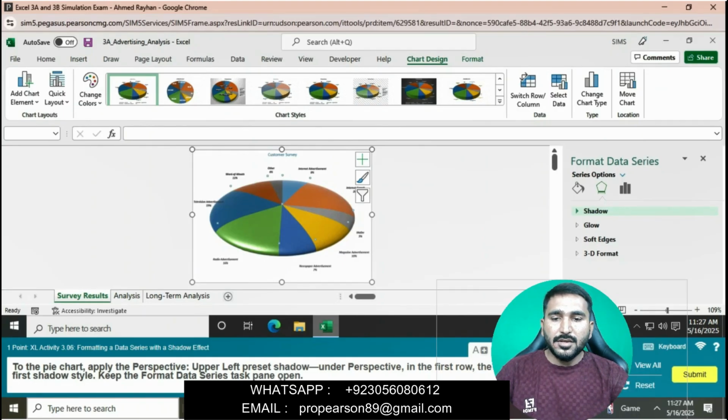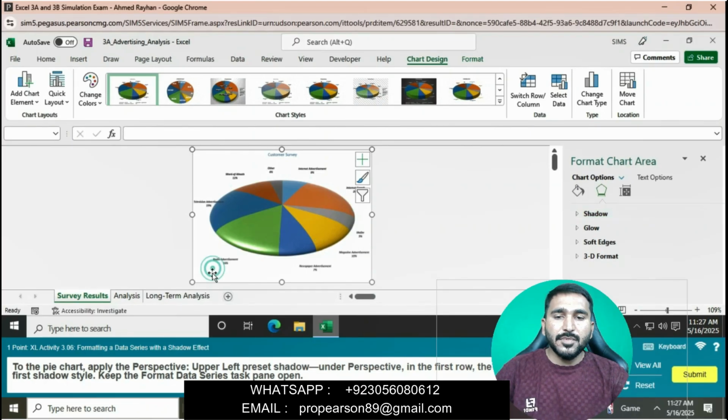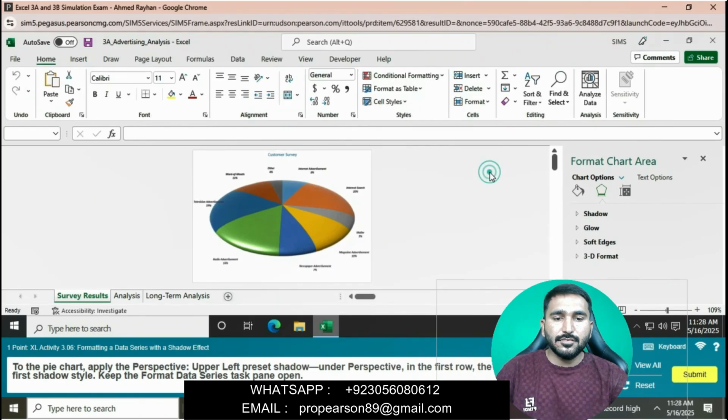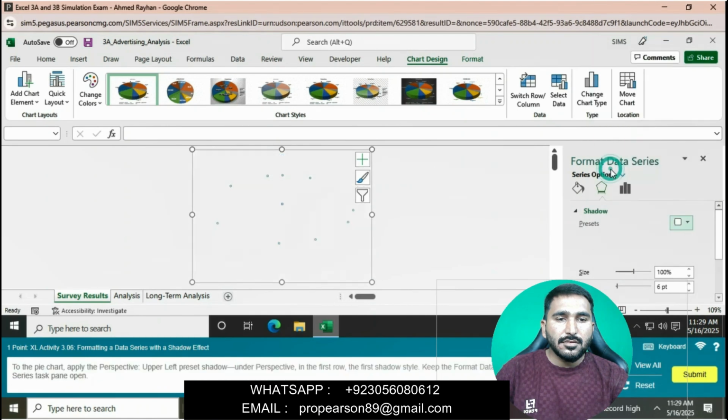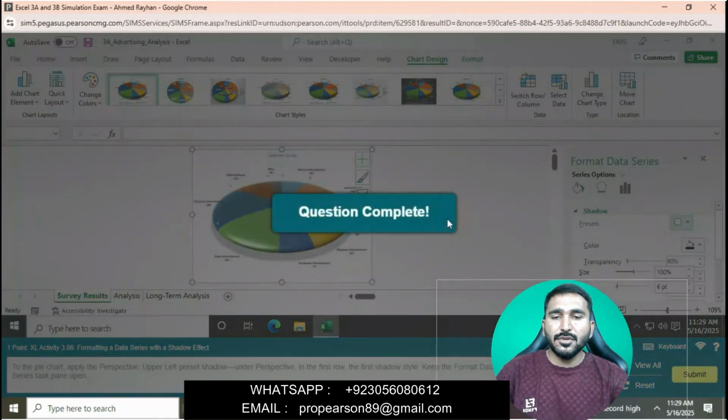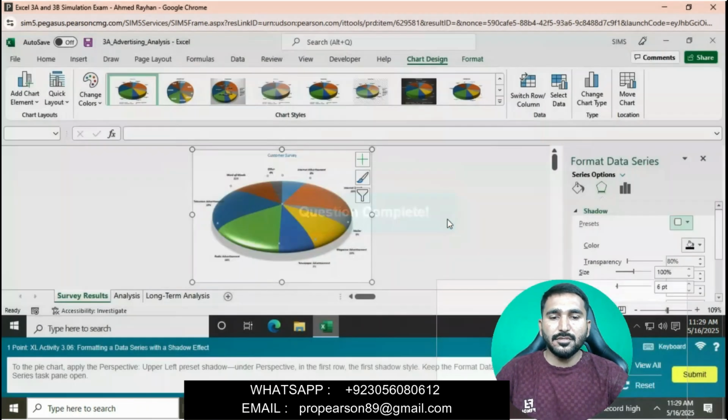Move to the pie chart. Go to the shadow, go to the presets, perspective, first perspective. Task pane stays open.